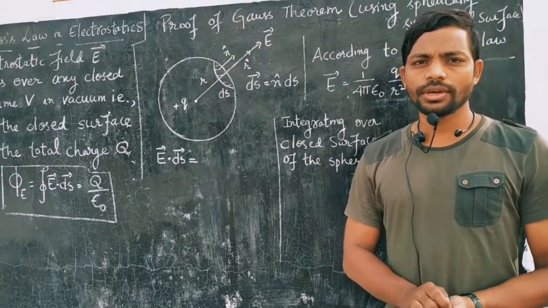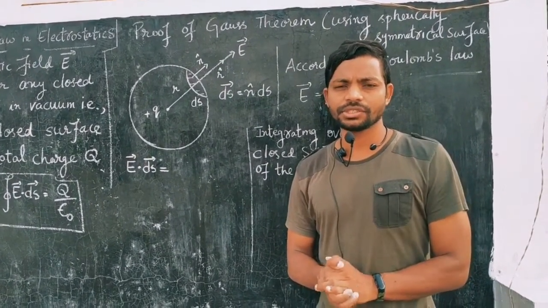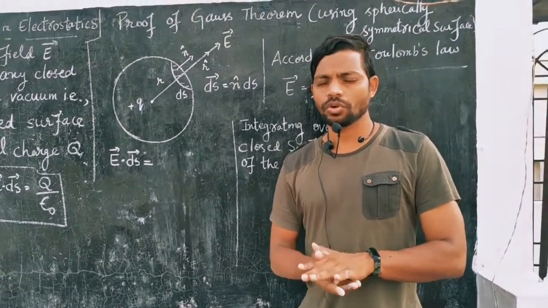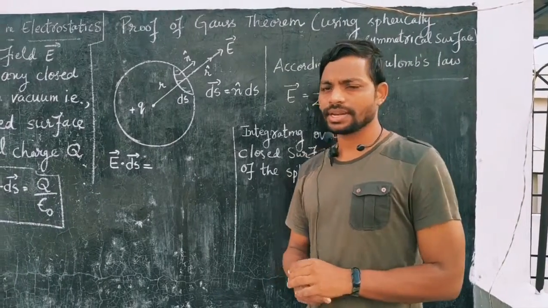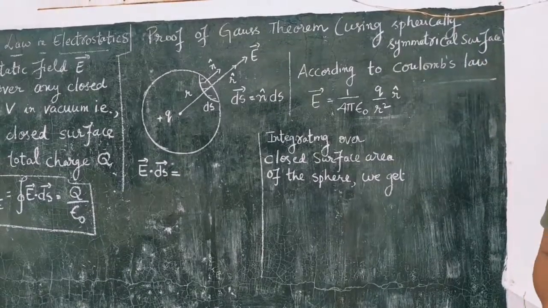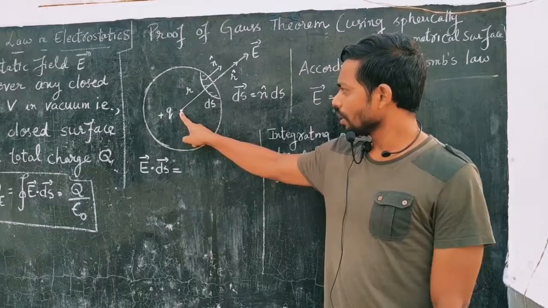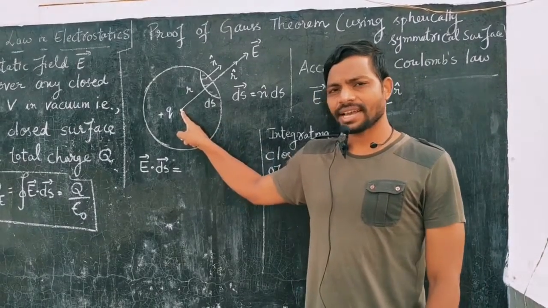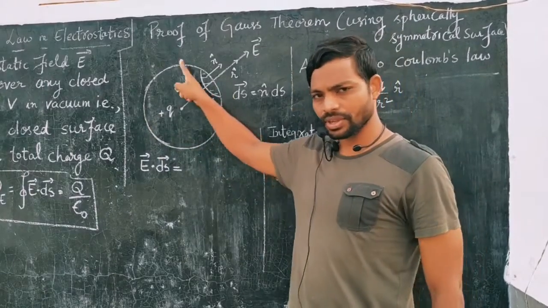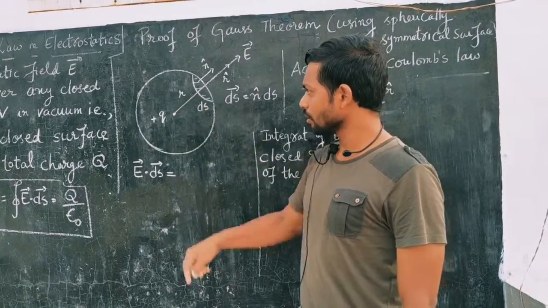Friends, now we are going to learn about the proof of Gauss law's expression. We have given an expression that phi E, integral E dS, is equal to Q by epsilon naught. We are going to derive that using Coulomb's law. Let's see it. So generally we are using a spherically symmetrical surface to give the proof. Let us consider a charge which is exactly at the center of a sphere. Let us consider a spherical surface around that charge at a distance r, right?